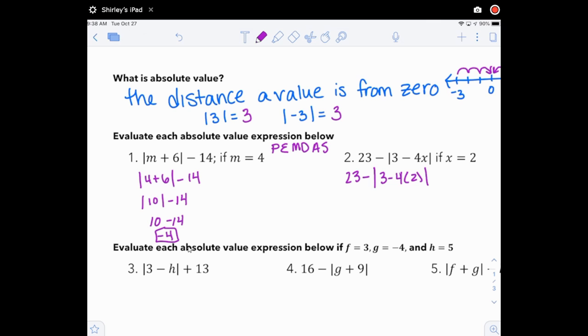Parentheses or grouping symbol means do your absolute value first. So I have everything in here that I'm going to simplify. Inside of those bars, I notice multiplication, so that comes first. I see that I have 4 times 2, so I'm going to bring that down as an 8, and then bring everything else down along with it, only moving one step at a time. I still have more to do inside